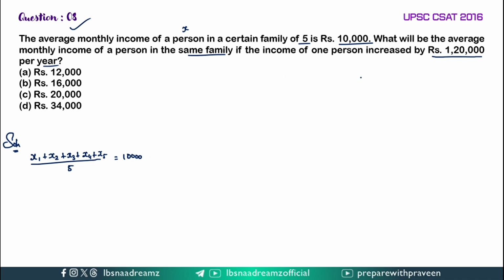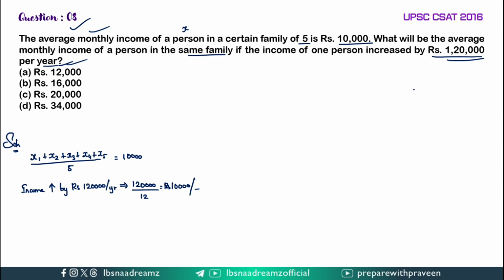One person's income is increasing by rupees 1,20,000 per year. See, here they have given monthly average income and here they have given per year. So yearly income is increasing by rupees 1,20,000 per year. So we will convert that for a month. So 1,20,000 divided by 12, we will get rupees 10,000. So one person's income is increasing 10,000 per month,